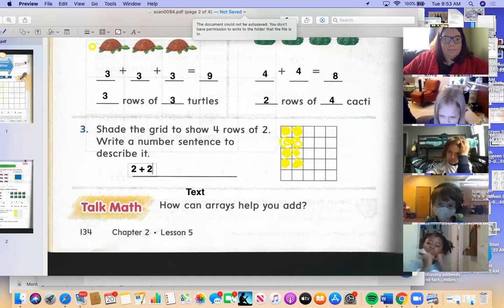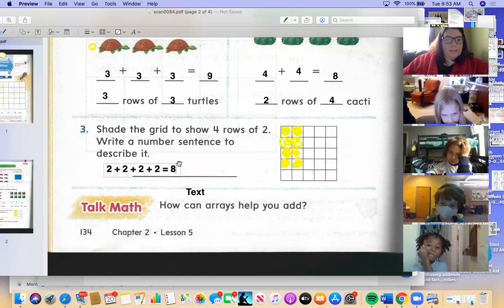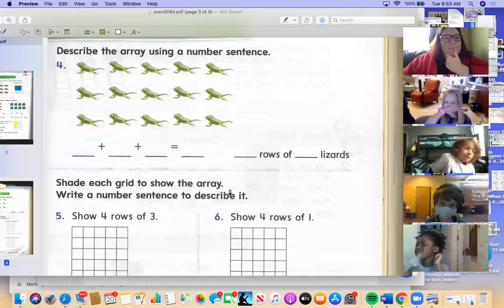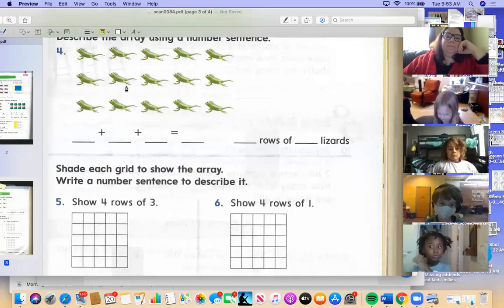It equals 8. One backyard and then write 2 words that made up 1 word. There's our number sentence. What 2 words do we put together to make backyard? So describe the array using a number sentence. And